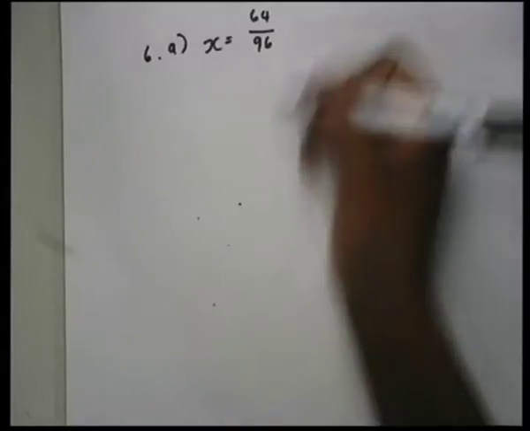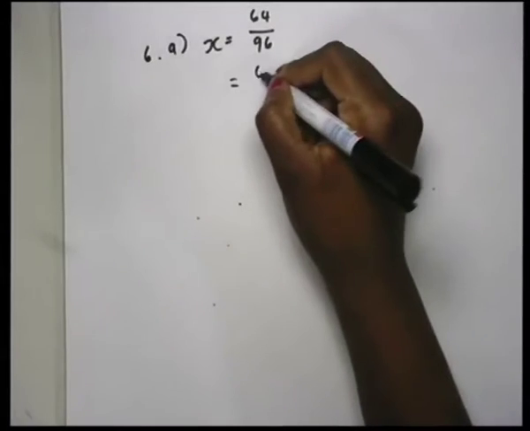First things first, you need to see which number can divide into both the numerator and the denominator. In this case, 8 can divide into 64 and 8 can also divide into 96. So to simplify this, we're going to say